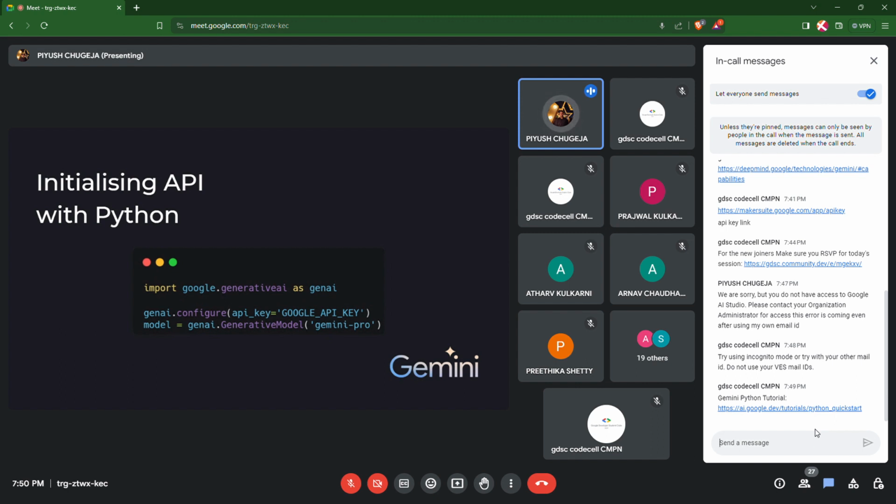Gemini Pro and Gemini Ultra are the further enhanced versions, where Gemini Pro is also being integrated into Bard right now. जो Bard chatbot Google का है, उसके अंदर भी Gemini Pro इंटीग्रेट करा जा रहा है, और Gemini Ultra अभी तक पब्लिकली अवेलेबल नहीं है. Gemini Ultra is the best Gemini model which can outperform any other task that GPT can, and Gemini Ultra will be made available to the public shortly, but it may not be free. So जब तक Gemini Pro free है, हम उसे exhaust करके प्रोजेक्ट बना लेते हैं.